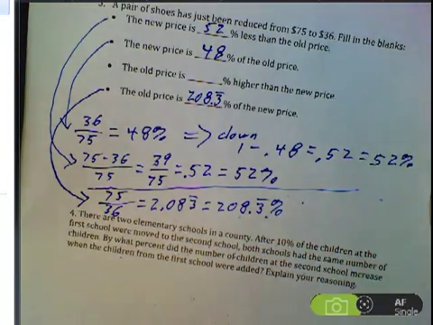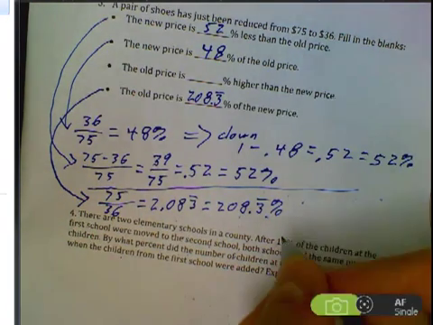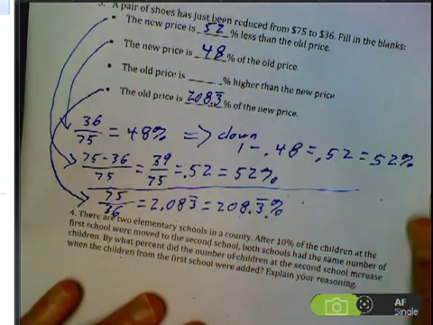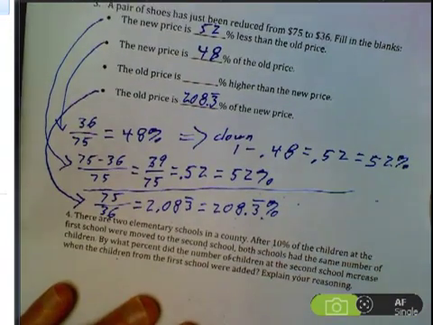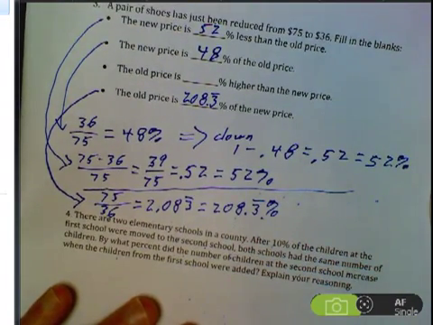The old price is how much higher than the new price. So again, there's a couple of ways we could do this. We could say, how much did the price, it's been reduced. The old price is what percent higher